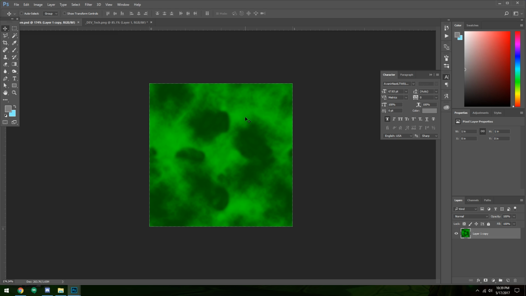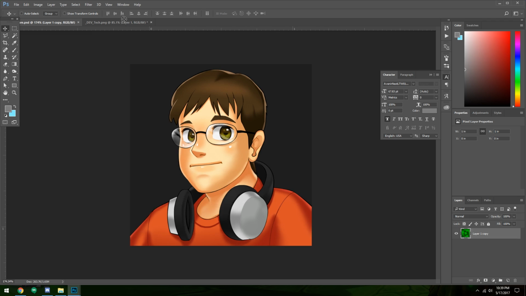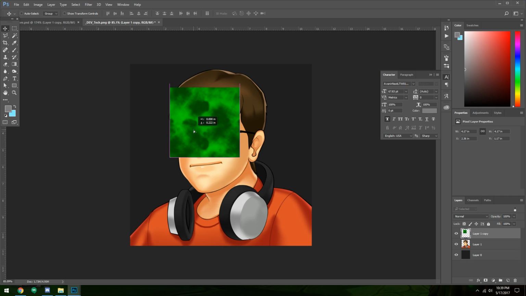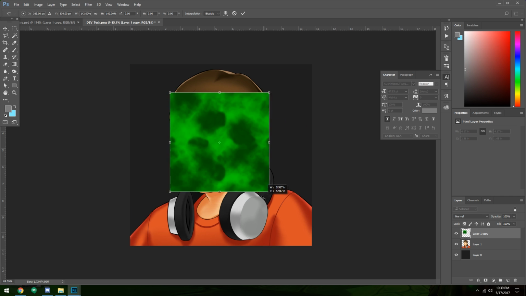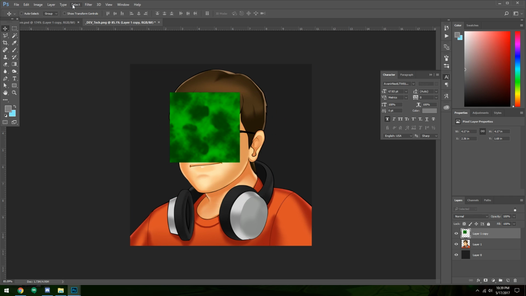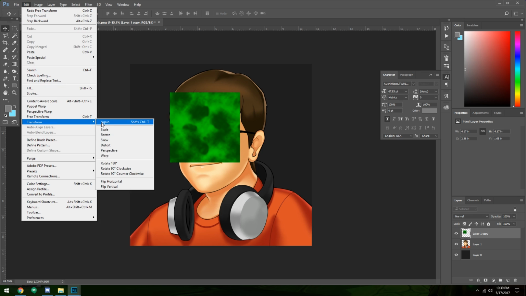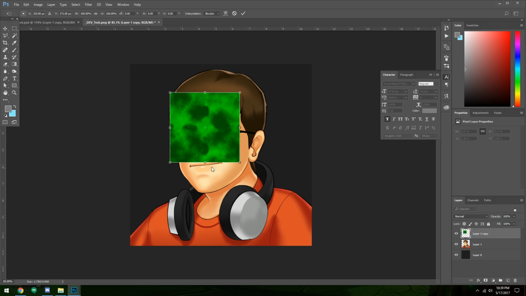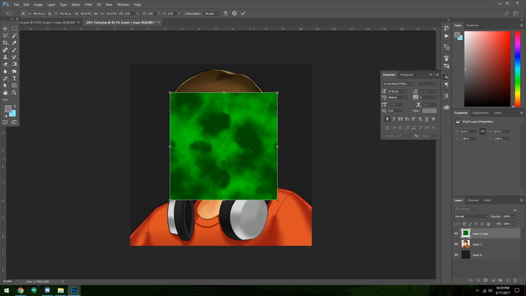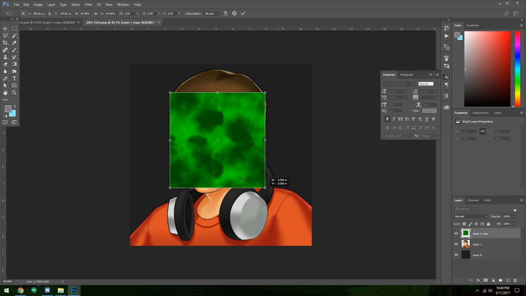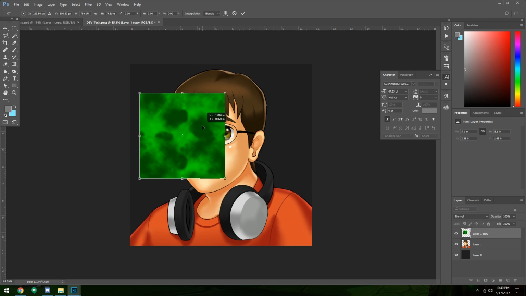But let's go ahead and get right into it. It's actually pretty straightforward. So to begin with, we're going to grab this layer here, and we're going to drag it into our file. And you can do whatever you want using the free transform tool, which is Control T, or I believe it's Edit, Free Transform, Transform, Scale. You can actually drag and drop that. Whenever you're done, you can hit the checkbox or double click. It doesn't matter. I like using Control T. I'm very much a shortcut person. And what's great is it's somewhat